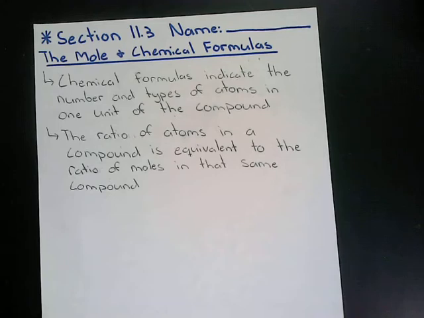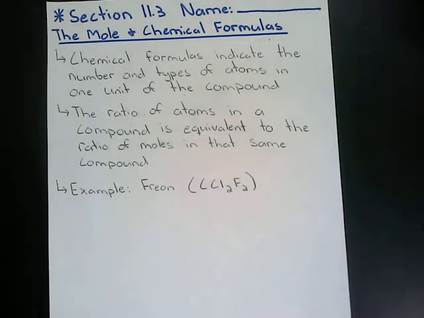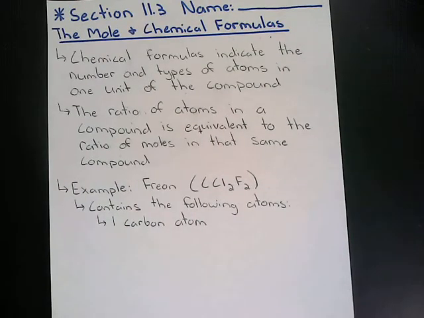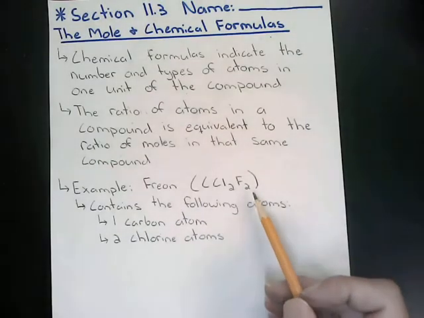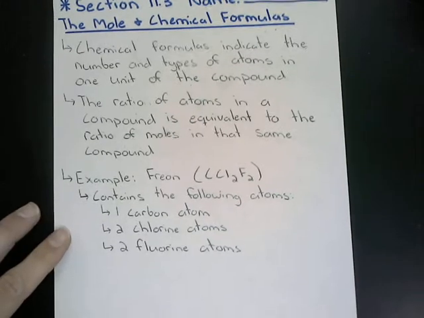So let's take this into an example of the compound Freon. Freon has the chemical formula CCl2F2. What we've learned before with chemical formulas is that the chemical formula for Freon represents the number of atoms in this particular compound. So when we're just talking about number of atoms, we have one carbon atom. The subscript 2 to the right of Cl represents that we have 2 chlorine atoms. And again, the subscript 2 behind our F, or fluorine, represents that we have 2 fluorine atoms. Okay, so that was one